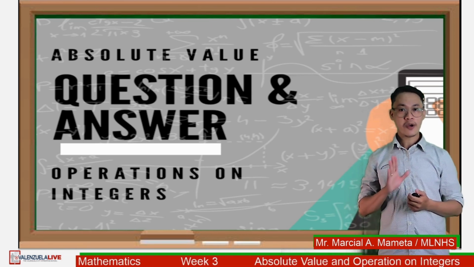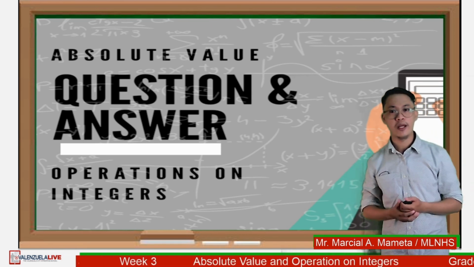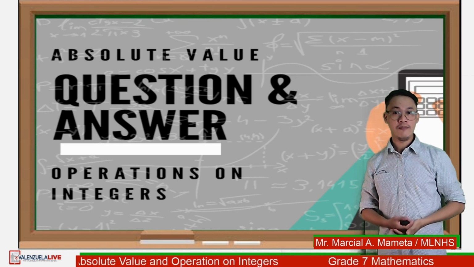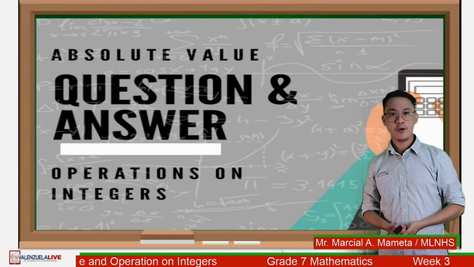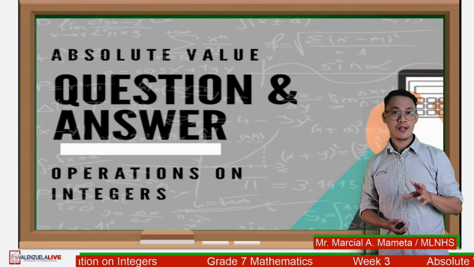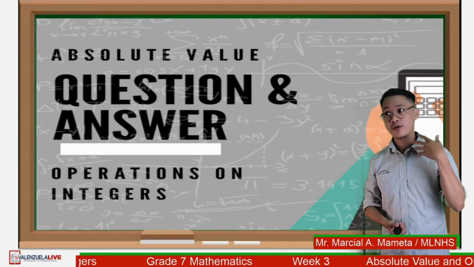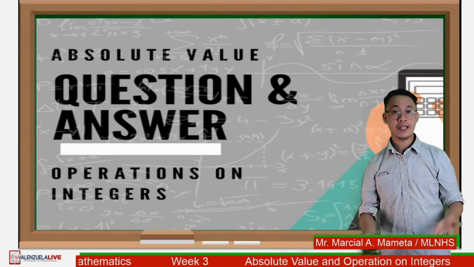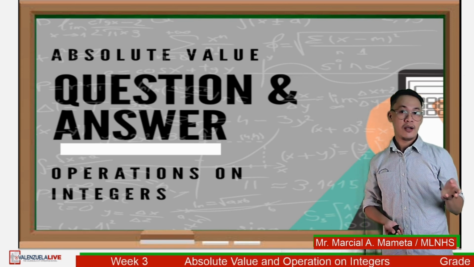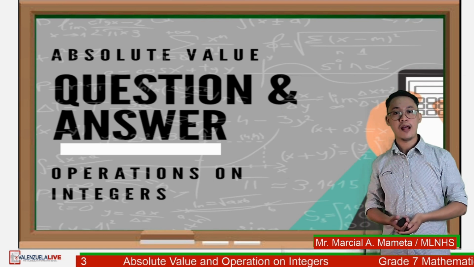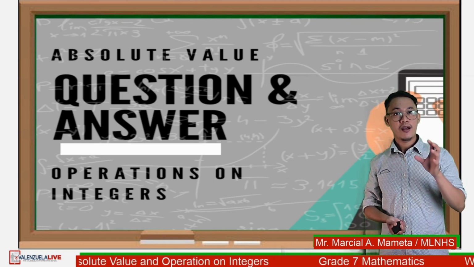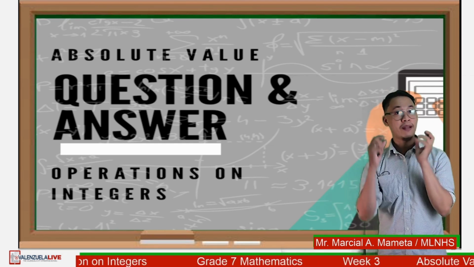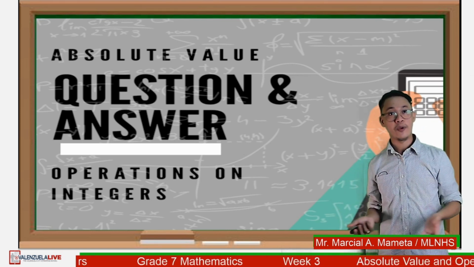Sir, how can we identify the sign of the product? Okay. To multiply positive numbers, multiply first the absolute values. The result is positive. To multiply negative numbers, multiply their absolute values again, and then the result is positive. If the two numbers are different in signs, multiply the two numbers by getting first their absolute values, and then the product is negative. Again, multiplying numbers with different signs, the answer is always negative.